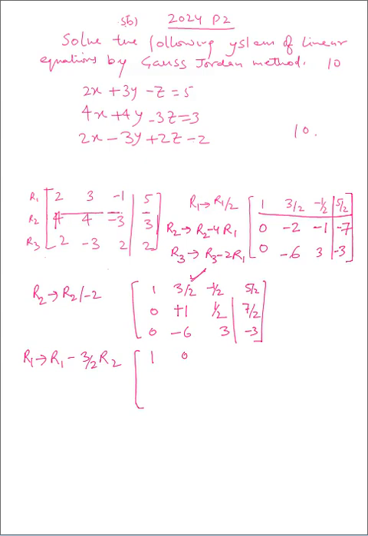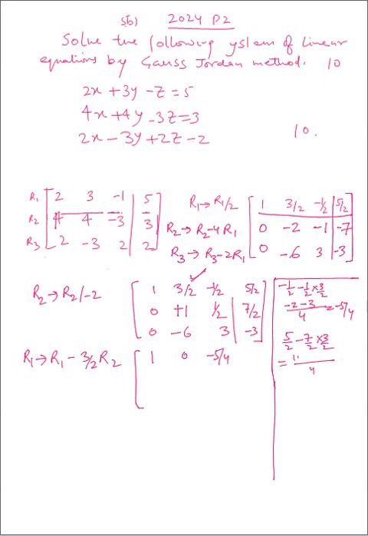So minus half into 3/2. Minus half and minus half into 3/2 is minus half minus 3/4, which is minus 2 because 4 is LCM. So minus 3 gives minus 5/4. So this is minus 5/4. Then we come to this next element, 5/2 minus 7/2 into 3/2. It gives 4 is LCM and 10 minus 21. So minus 11 upon 4.